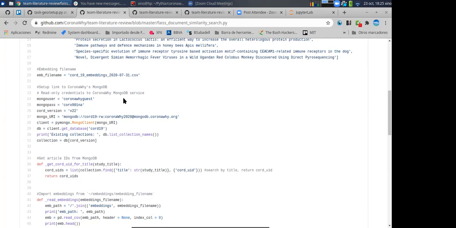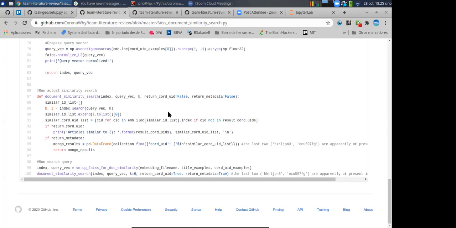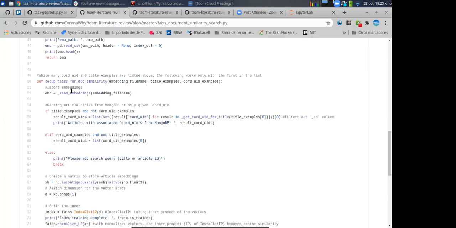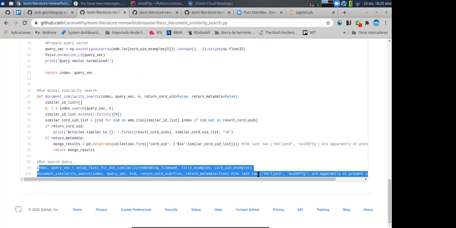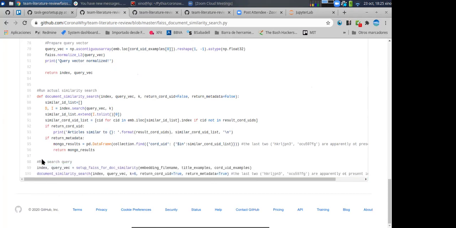I repeat the principle of least astonishment. This is not specific to Python programming. This is general engineering good practice. You should have an idea of how things go. Then here we have some definitions, and then we have the final execution code here. This in itself is a bad practice, because